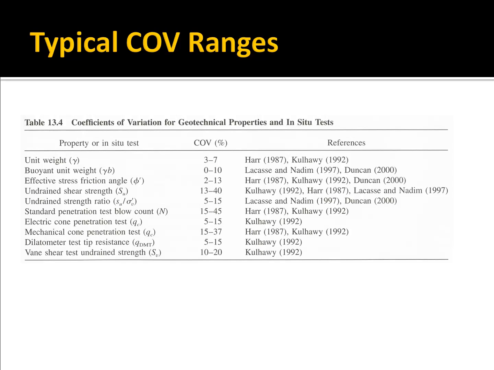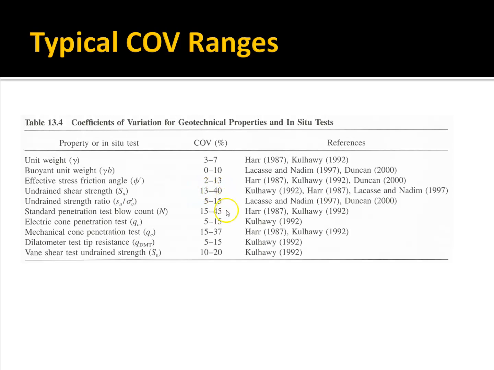Using this method, there have been a lot of published values of the coefficient of variation as a percentage. Again, that's the standard deviation divided by the mean value. It's kind of interesting to look at. Unit weight, buoyant unit weight, those have a pretty small coefficient of variation. We can get those fairly accurately. Effective stress friction angle is not too big. Undrained shear strength,